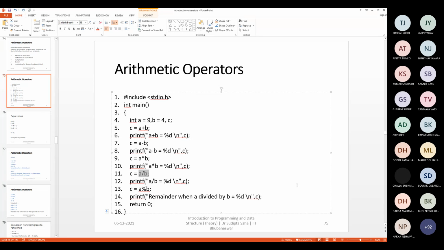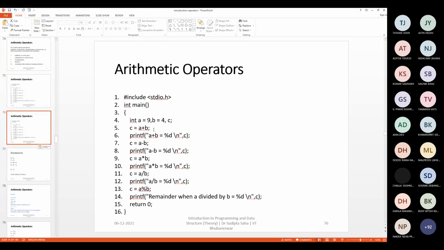Another interesting thing may happen actually. Let me just copy it and show an example. Imagine that instead of 9, here it is 5. So A by B will be what? In that case, it will become 0 basically. Or it will become 1, right?